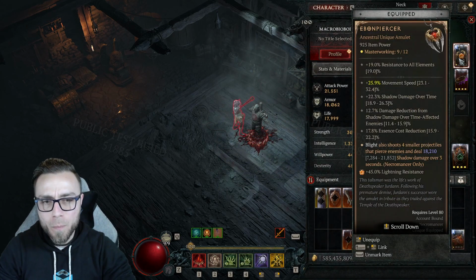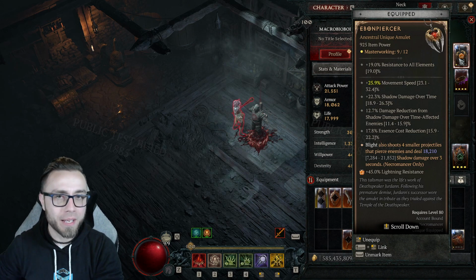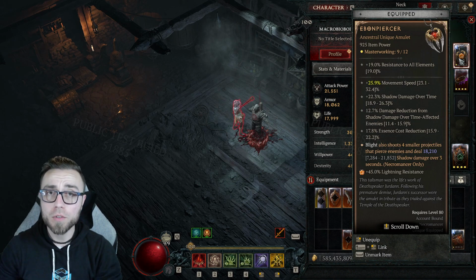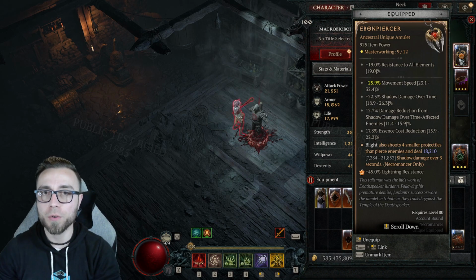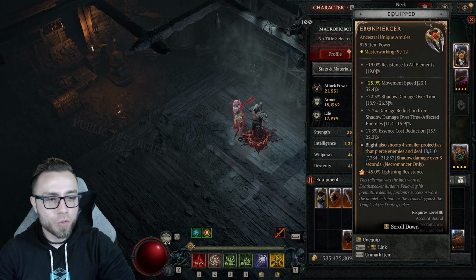For whatever reason, each individual bolt that is added to your Blight cast from Ebonpiercer is able to trigger lucky hit multiple times per bolt, when lucky hit effects typically should only be able to be triggered once per skill cast, except in instances like Abhorrent Decrepify, which is weirdly bugged right now. So that is